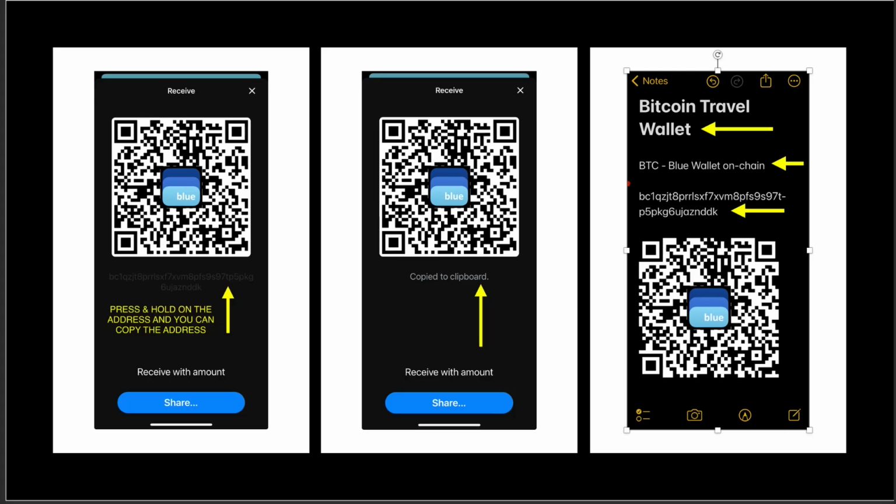Now, when we talk about sending Bitcoin, there's 2 different types. There's on-chain Bitcoin, and then there's also Lightning Bitcoin. Those are 2 separate types of Bitcoin. They can both be swapped for one another at any time. There's no extra Bitcoin floating around there. Lightning Bitcoin is where we're going to get into it in another episode,